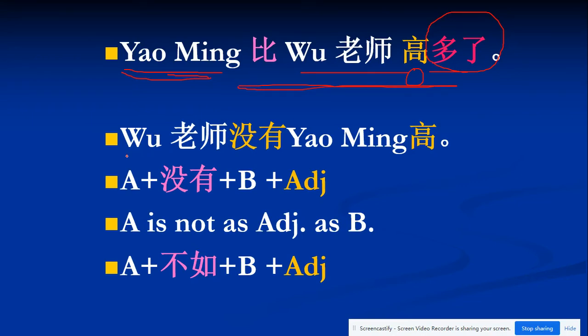Negative sentence. 吴老师没有姚明高。So for comparison sentences, we use 没有 to replace 比, to indicate that A is not as something as B. 吴老师没有姚明高。